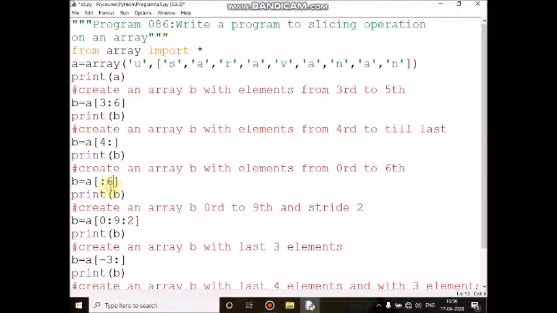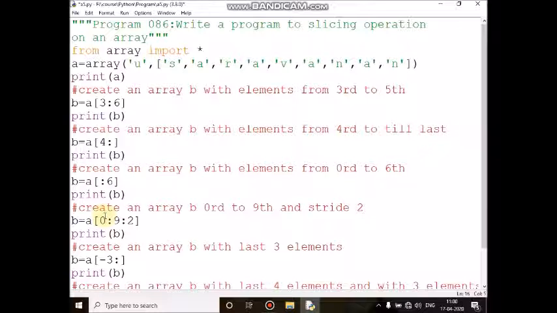Here I am going to create the elements 0 to 6th. 0 to 6th means 0 to 5th character. 0, 1, 2, 3, 4, 5. SARAVA. So now the B array value is SARAVA.